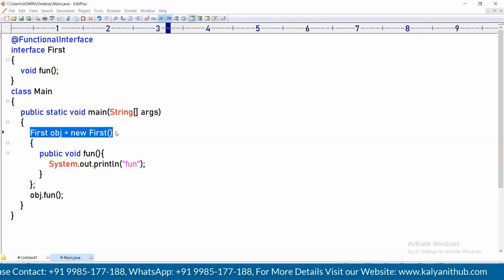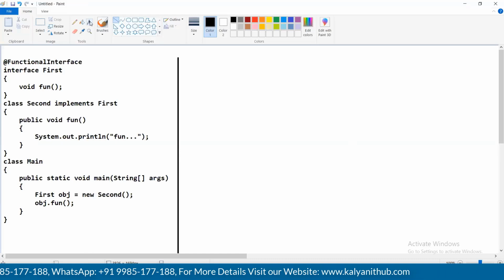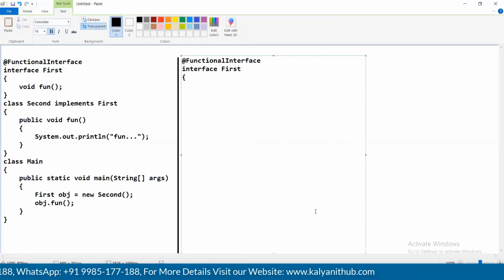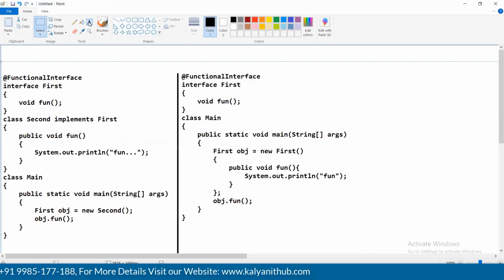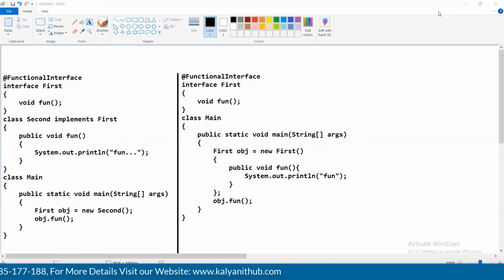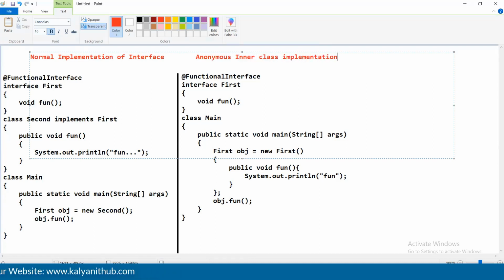See, just compile and run. No error, same. This one they introduced as the second one. The first one is a normal implementation. Let me show you clearly. This is the normal implementation of the interface. Second one, anonymous inner class implementation. Now the third one they introduced